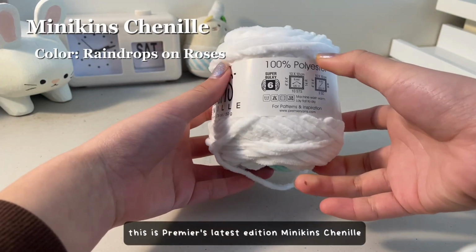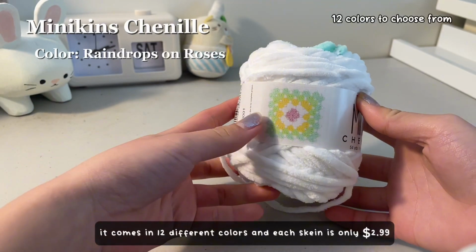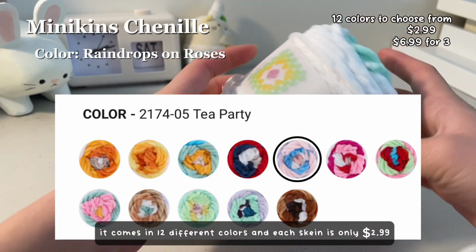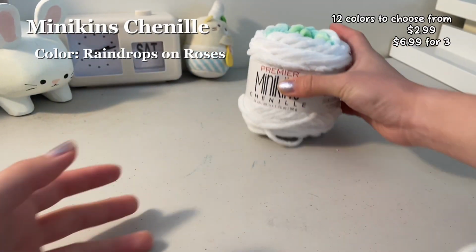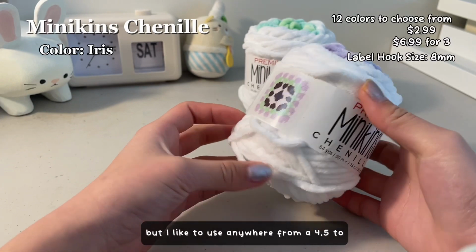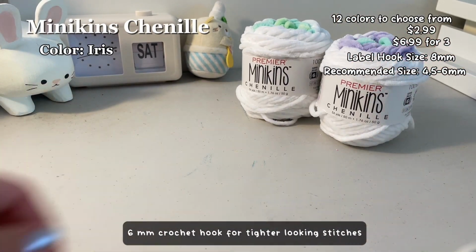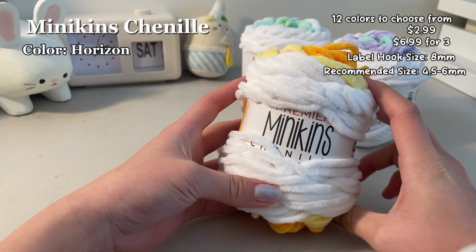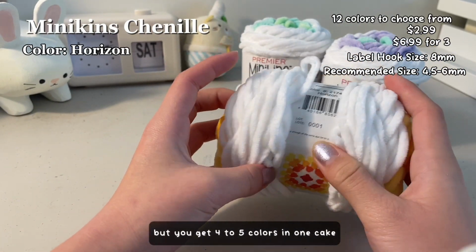This is Premier's latest edition, Minikins Chenille. It comes in 12 different colors and each skein is only $2.99. The label recommends an 8mm crochet hook, but I like to use anywhere from a 4.5 to 6mm crochet hook for tighter looking stitches. This is basically just a cake of Parfait chunky yarn, but you get 4 to 5